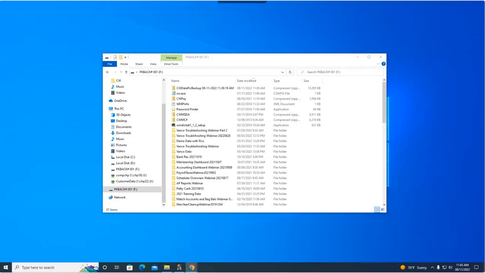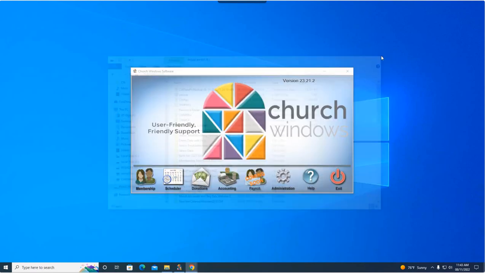So the thing about the cloud, and this is the story that I say, you've gone in, you've done 6 hours worth of work from 9 a.m. in the morning till 3 p.m. in the afternoon. You're making a large change to your database and you're unsure about whether you're going to like that change or not, okay? You can go into Church Windows even in the cloud and back it up to a folder on your cloud desktop, on Summit's desktop or Cloud9 desktop,